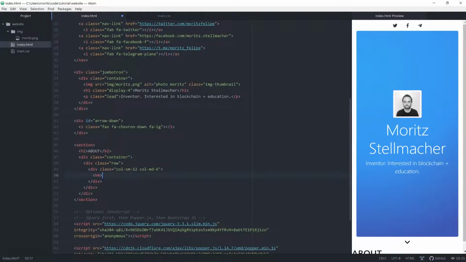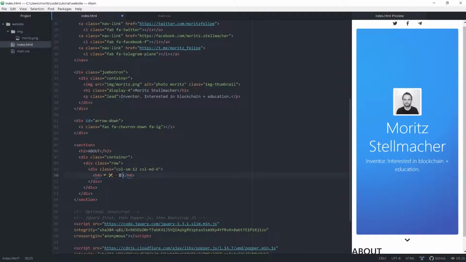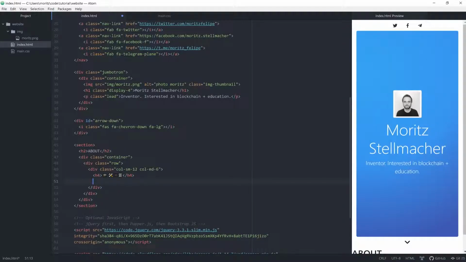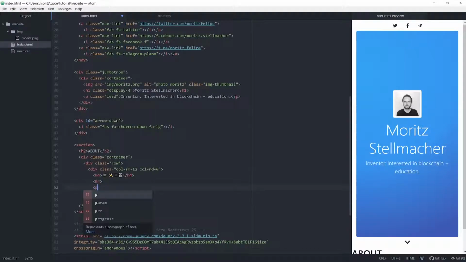Now I add a heading, but a smaller one, h4. And I will add some emojis that describe what I'm doing. Just to add some color and fun. Learning, building, blockchain. Actually on Windows it doesn't look so good, but most people have Android or iPhones. There they will look better. Let's separate this from the text that we're going to write with an HR element. This will look like a line.